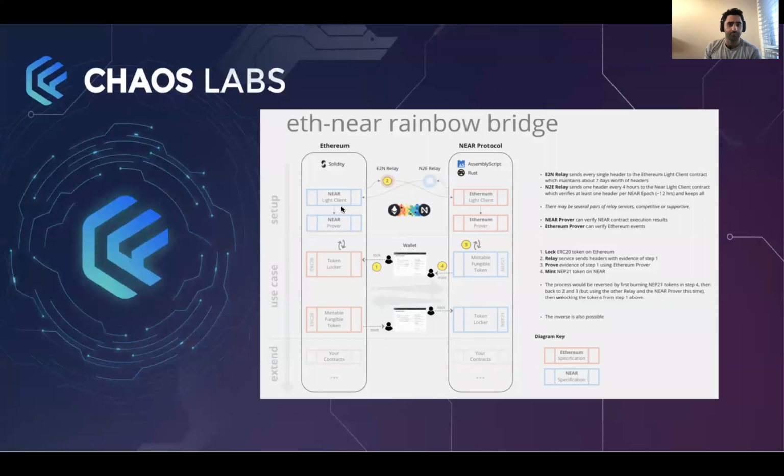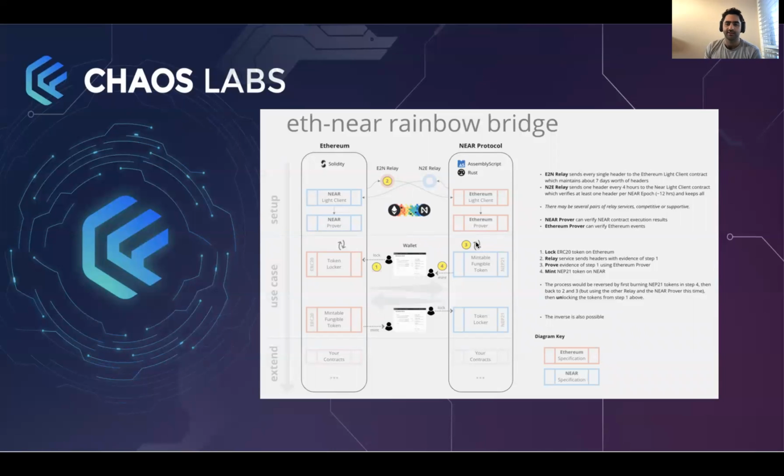So let's say we want to port our ETH over to Near. We'll deposit our Ethereum in a smart contract on the Ethereum blockchain. An actor on the Near light client will see this and transport the message. It will reach the Near protocol light client, which says, hey, I see that your Ethereum here is locked and this is valid.